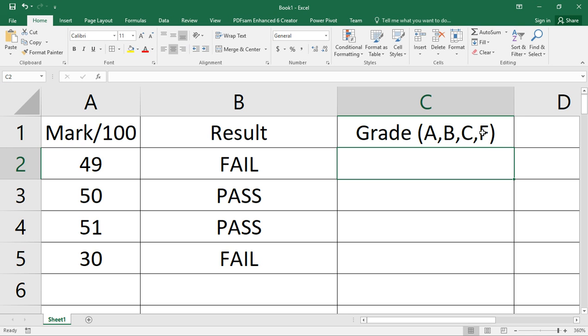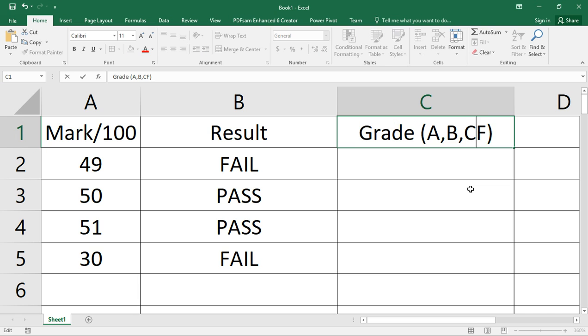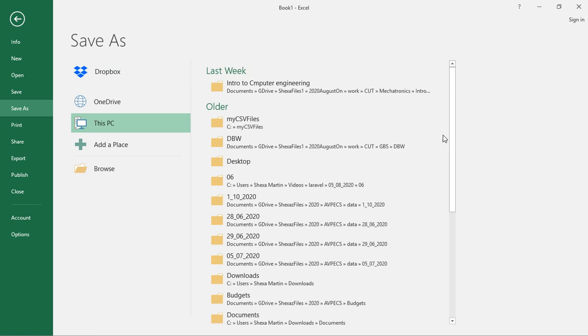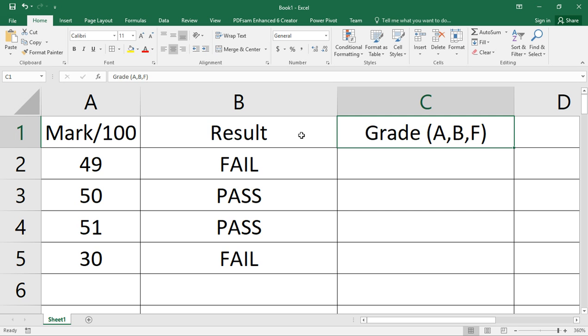And then it's F if the mark, let's just end it at B here, so that maybe you can see how we deal with several conditions, right?